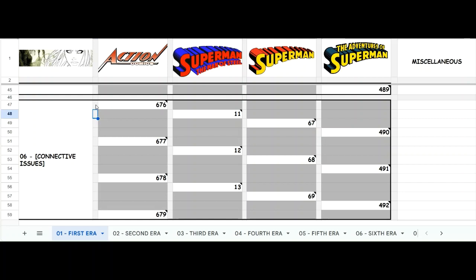We then have Man of Steel issue 11, Superman 67, Adventures of Superman 490, Action Comics 677, Man of Steel issue 12, and we then go into Superman 68. Now, it's worth noting with Superman 68 that whilst this issue reads completely fine as another step in this connective section of single issues, it's actually a key issue for those people who are reading the simultaneous Deathstroke series that